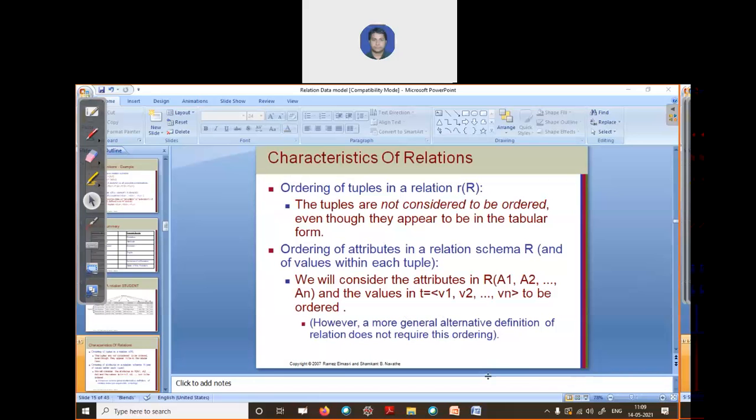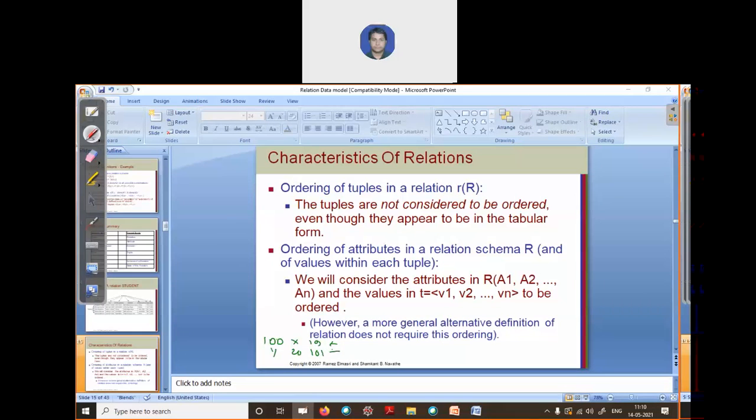Suppose we have a student table with attributes roll number, name, and age. The first record we store is roll number 100, name X, age 19. And for the second record, suppose we write age 20, name Y, and roll number 101.